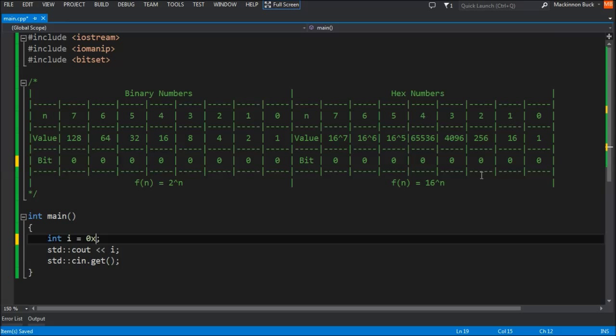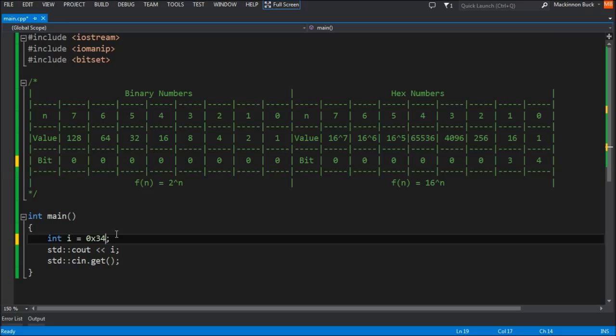So again, 16 is the highest number that can go into 52 without exceeding it. So what we need to figure out is how many times does 16 go into 52? 3 times. And 16 times 3 is 48. So 52 minus 48 is 4. Therefore 4 is what we're left with. So how many times does 1 go into 4? 4 times. So we're going to put a little 4 right there. So apparently the number 52 in hex is